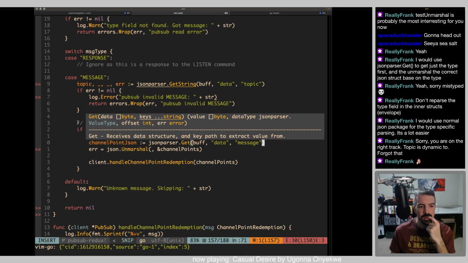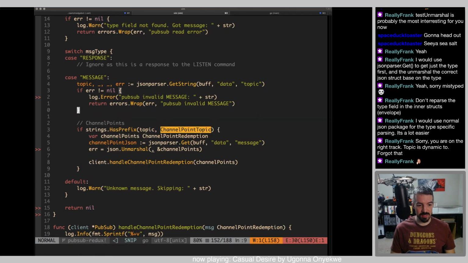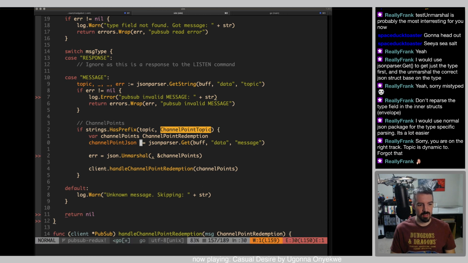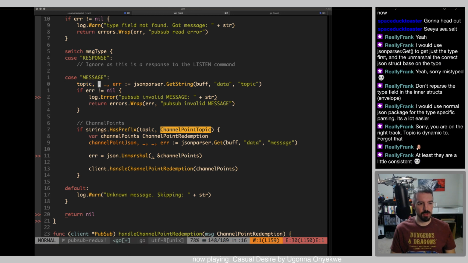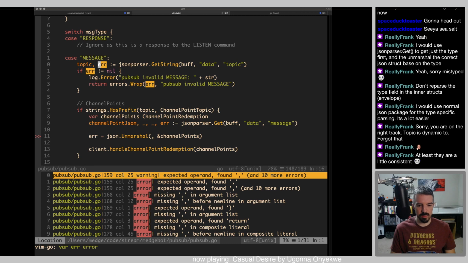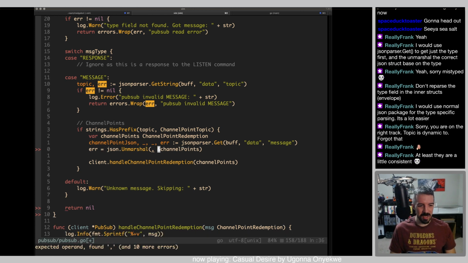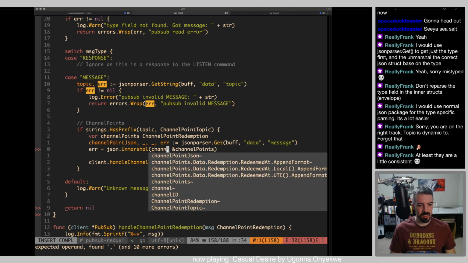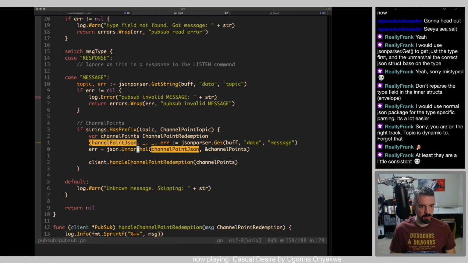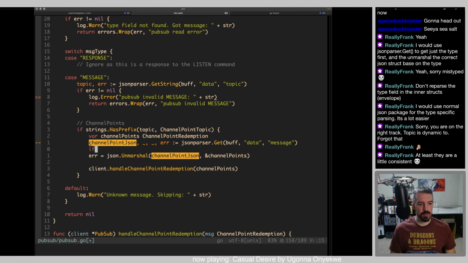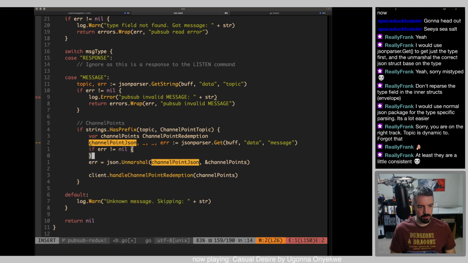In theory, this works. In practice, who the hell knows? So this would be underscore error. There's another bit of logic here. This needs to just be that. At least they're a little consistent. You know what? I appreciate that. Let's see here. So this would be channel point JSON, I think. Yep. So if error does not equal nil,